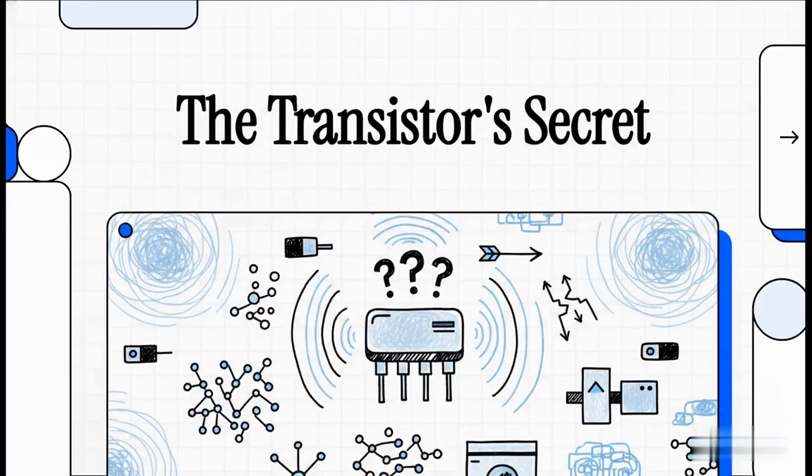All right, let's just jump right in. The transistor. It is, without a doubt, the bedrock of our entire digital world. It's the most manufactured object in human history, period. We're taught to think of it as a simple switch or an amplifier. But what if the story we all learned about how it works is leaving out the most important piece of